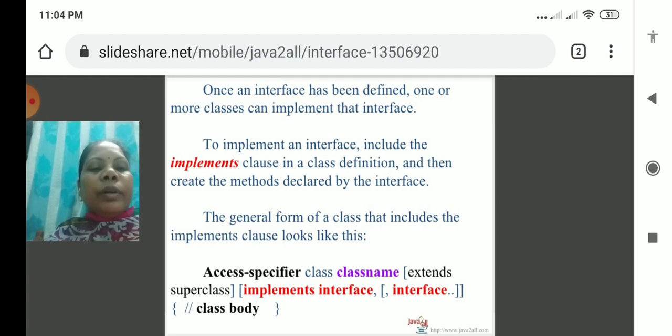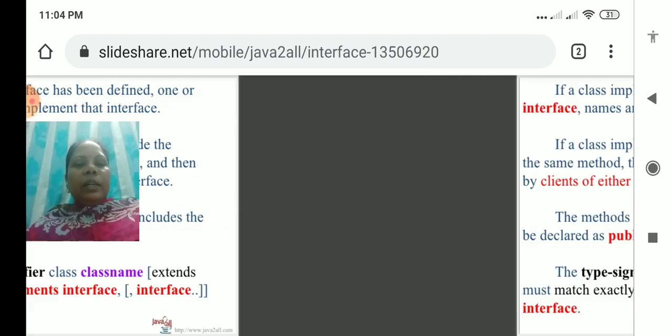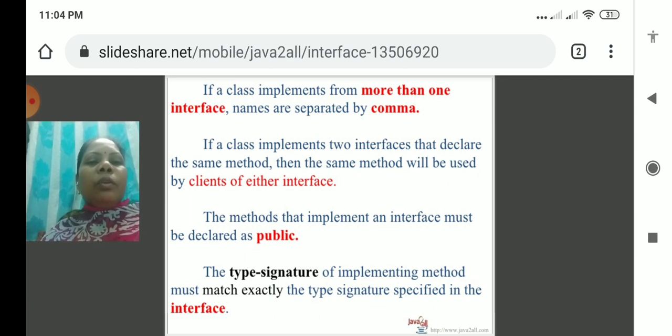Extends is a keyword for inheriting methods, but here the class body is followed by the methods. If a class implements more than one interface, the names are separated by commas, meaning class name, and implements is a keyword,